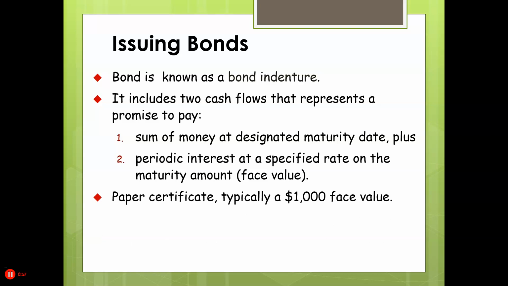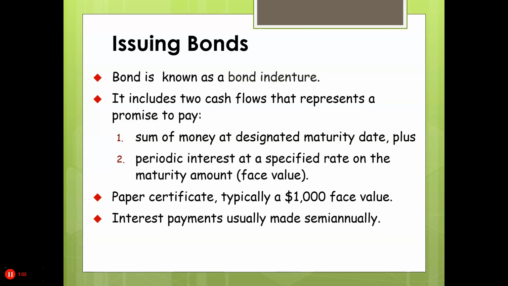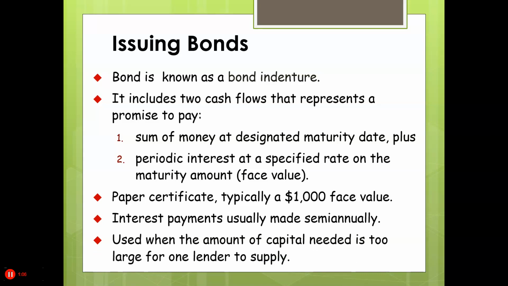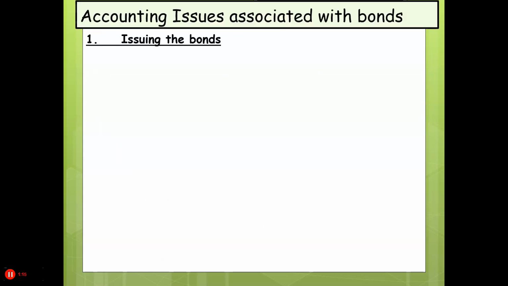So, paper certificates, normally they sell at $1,000 face value. Interest payments are usually made semi-annually, but make sure you read the problem. And bonds are used when the amount of capital needed is too large for one lender to supply. Now, when we issue bonds,